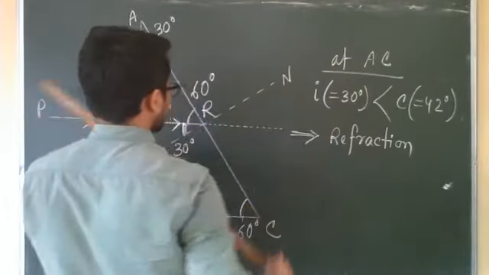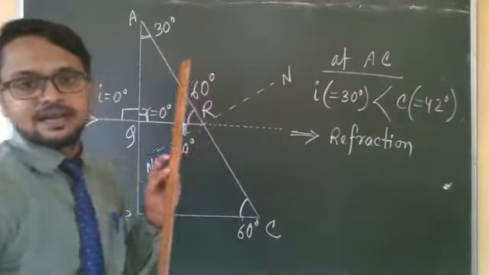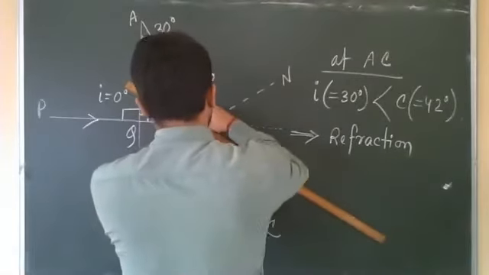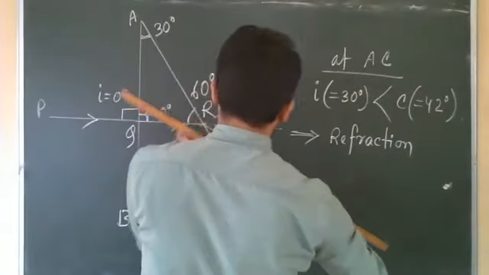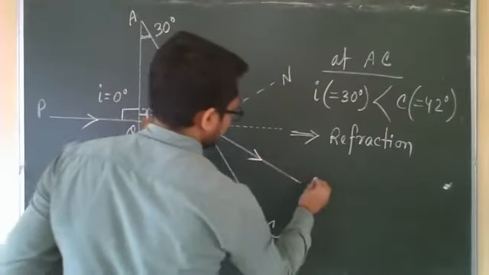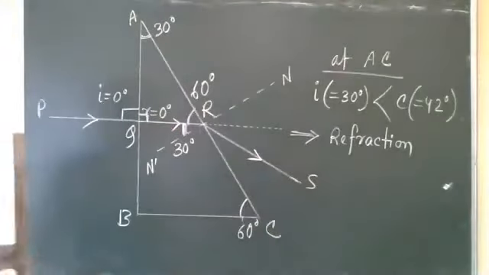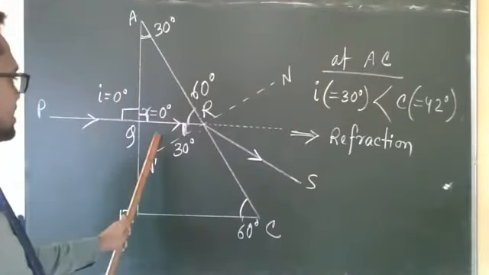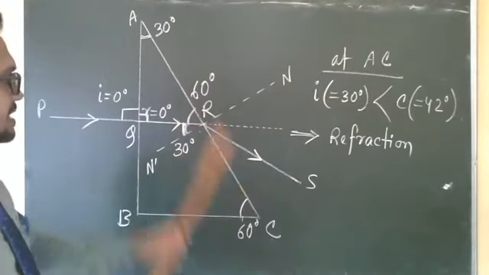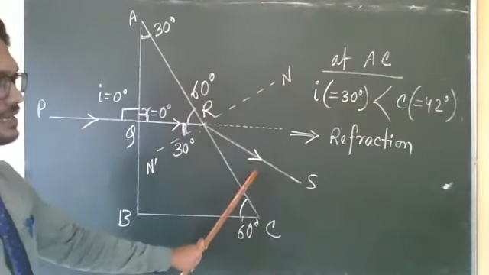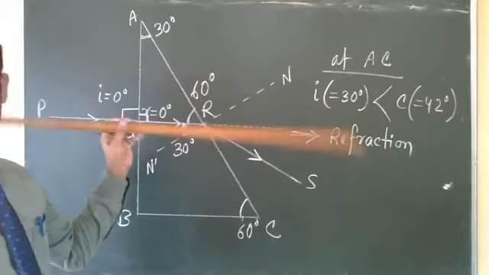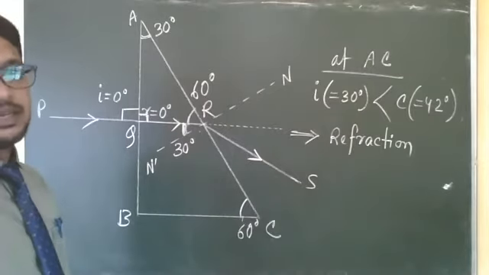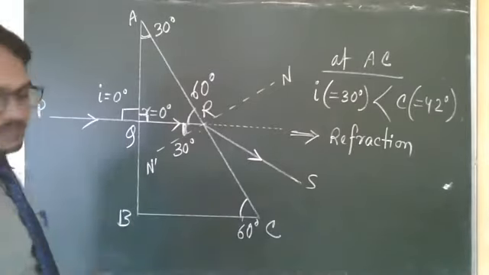It is going from glass to air. That means it will bend away from the normal. PQR, this is S. So this is the ray diagram. Here no total internal reflection. At surface AB refraction, it is entering into glass medium. Then at surface AC also it is refraction, it is entering again into air medium due to this condition. No need to mug up, you just have to understand the two things: total internal reflection and refraction.